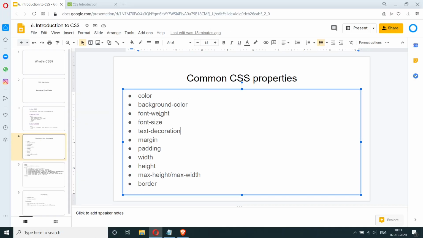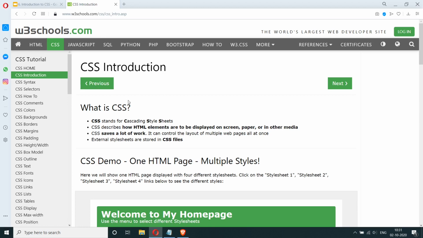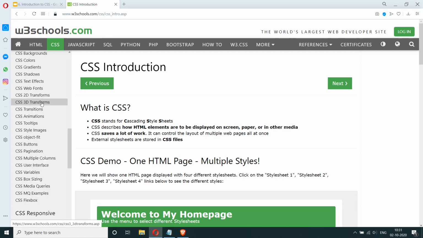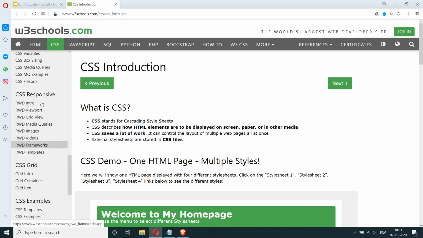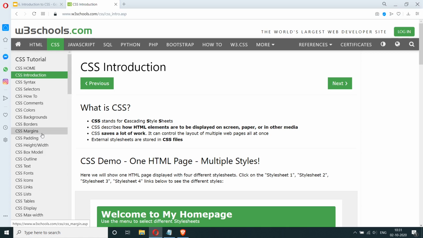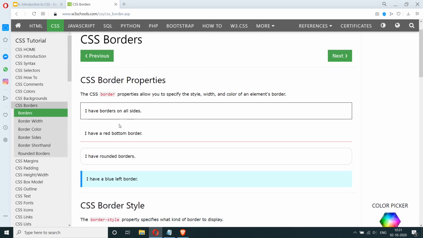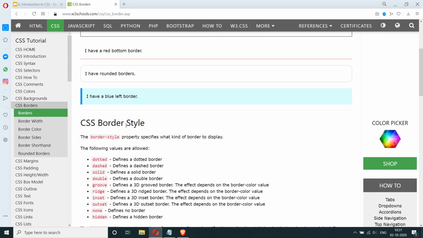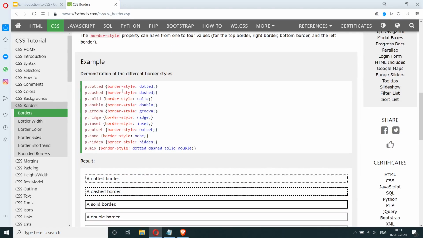But before we jump into seeing how these work, I want to show you this resource. Like we saw earlier, W3Schools is a fantastic resource for beginners and professionals alike who are learning web development. And here we have a resource for CSS as well, just like we had for HTML. You can see several CSS properties here, and also examples of how each of these work. For example, if you go to CSS borders, it'll show you what that looks like and also how to implement that.